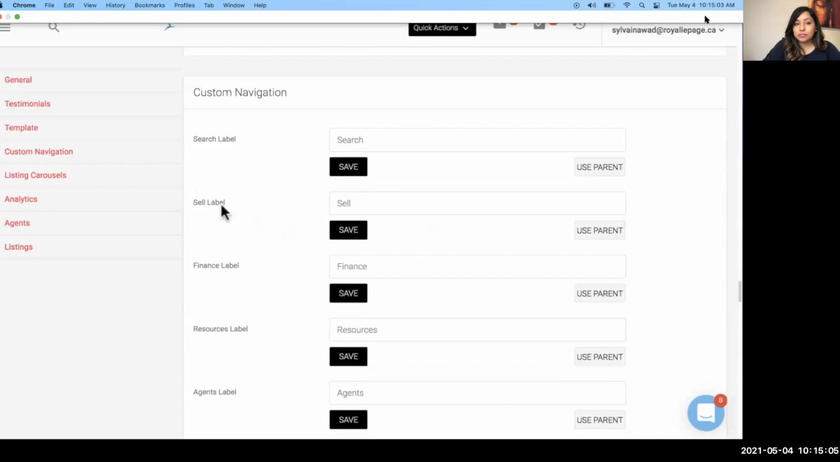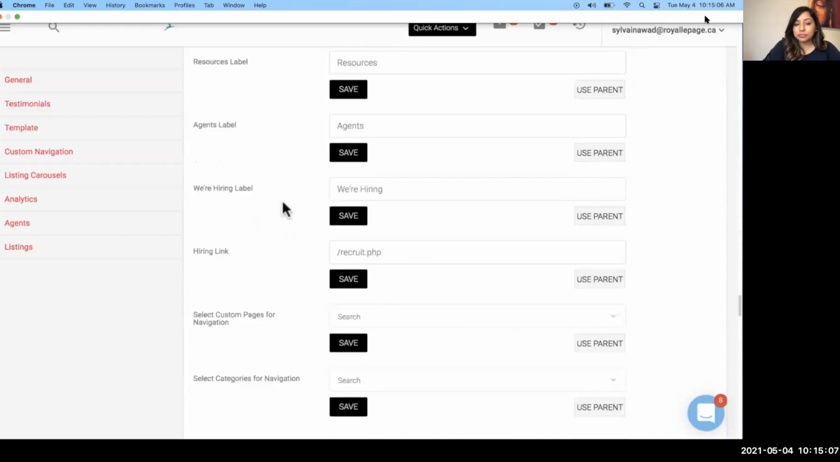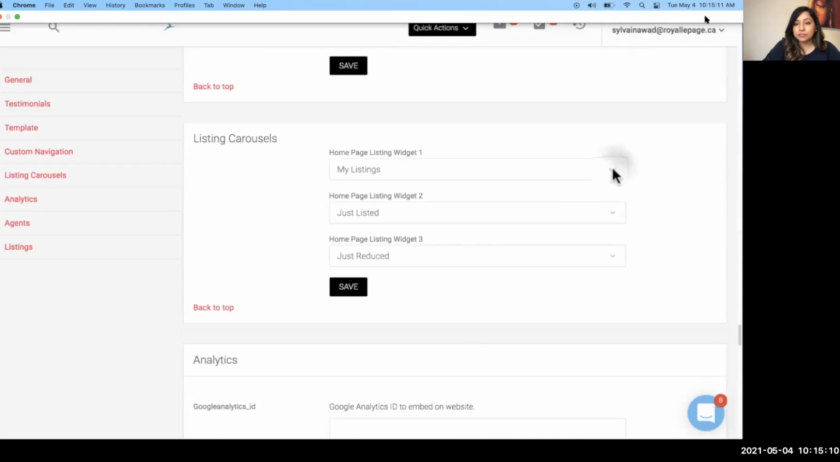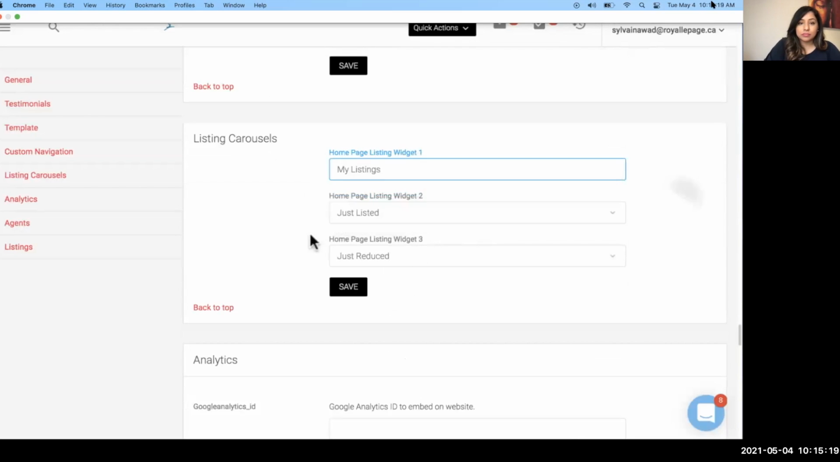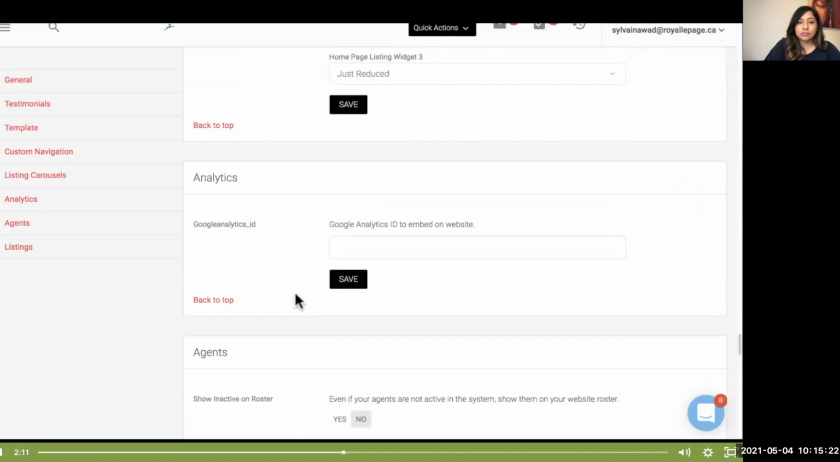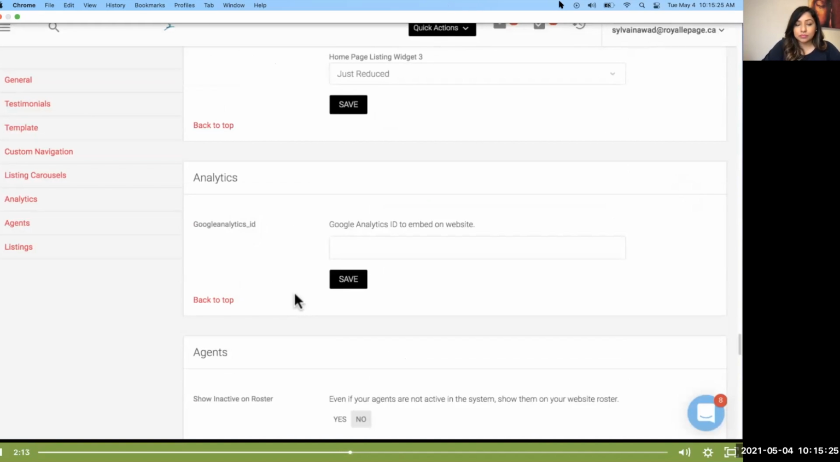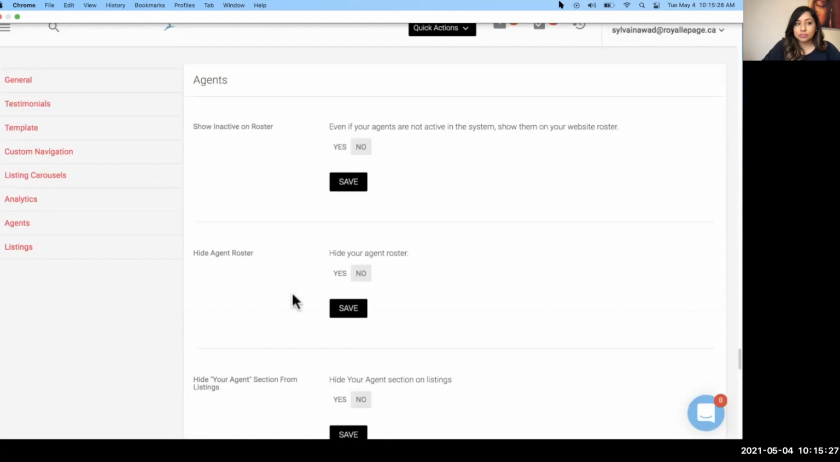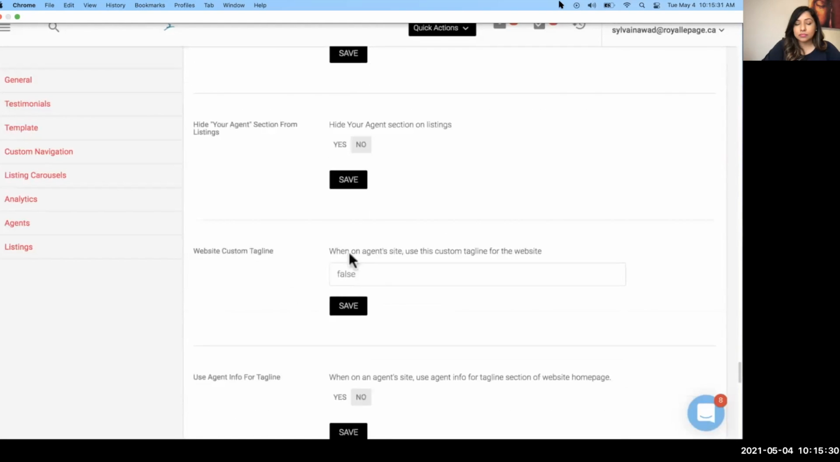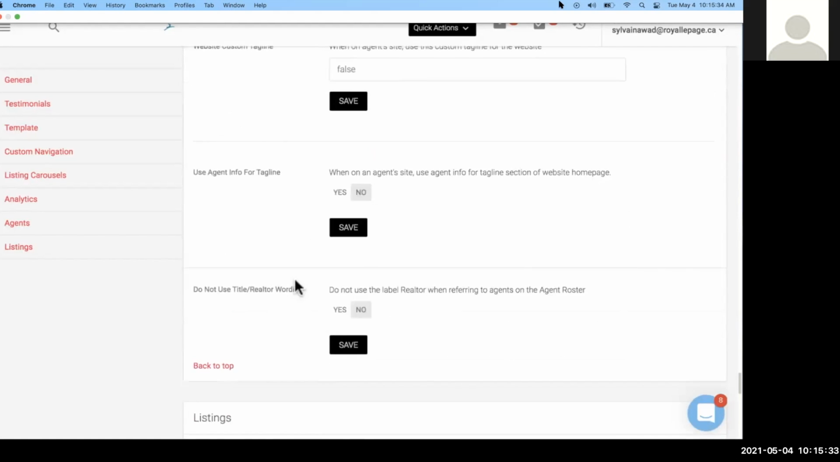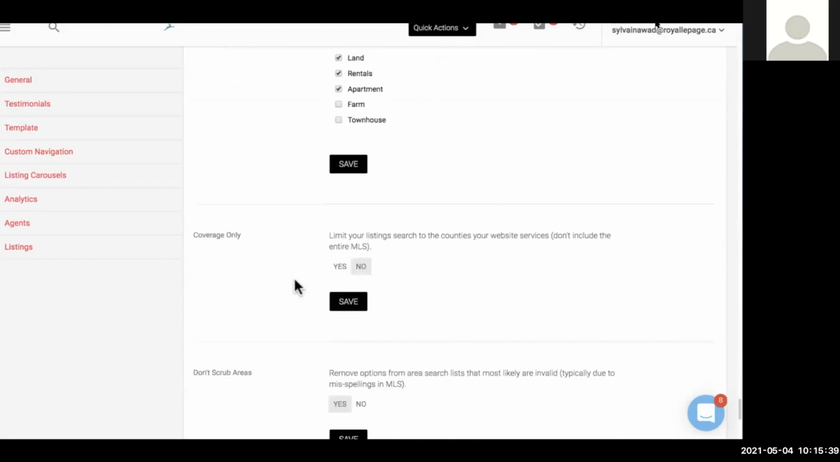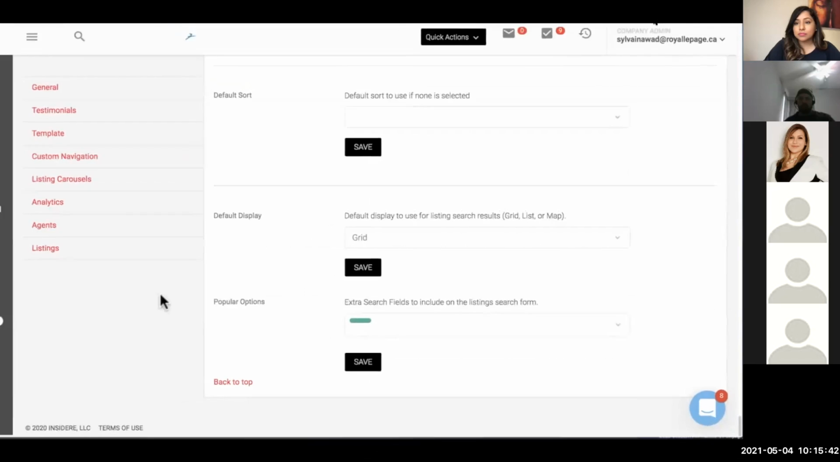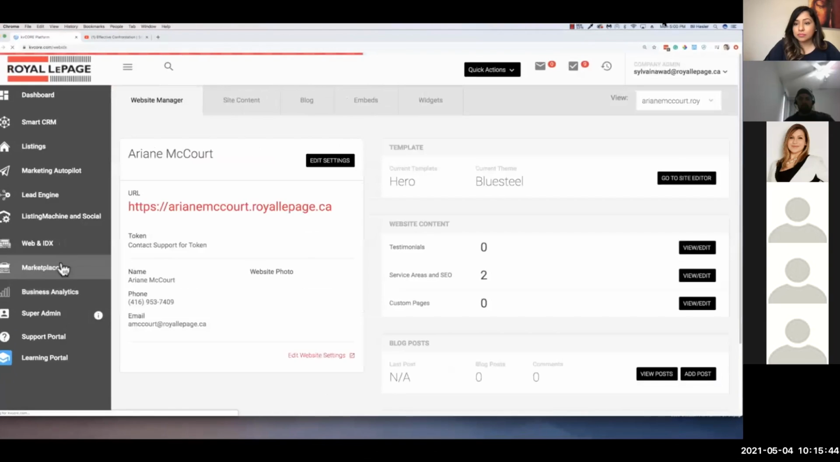Custom navigation, you can rename some of your navigation options here. The listing carousels, you can pick what source you want for the various listing carousels on your site. So My Listings, Just Listed, Just Reduced, and you have a few other options here as well. Analytics, you can paste your Google Analytics ID to embed on your website if you want to. Agents, if you want to show inactive agents or hide the agent roster, you can also create a custom tagline for the website right here. Finally, listings. Here you're going to select the types of listings to display on your site, as well as some of the display options. Let's go back real quick to Web and IDX, and let's look at website content and